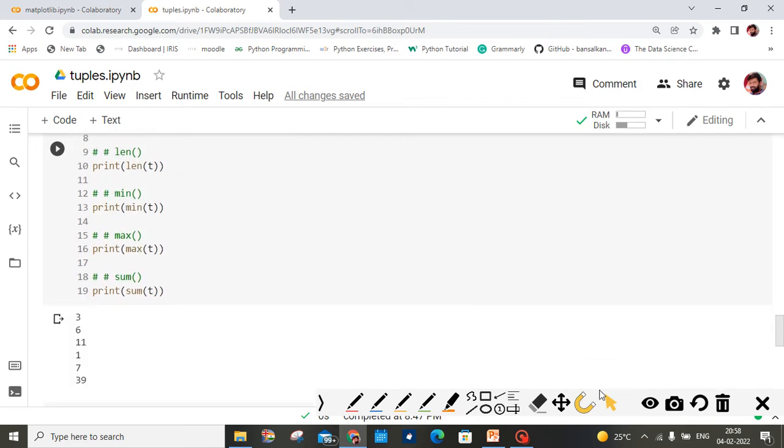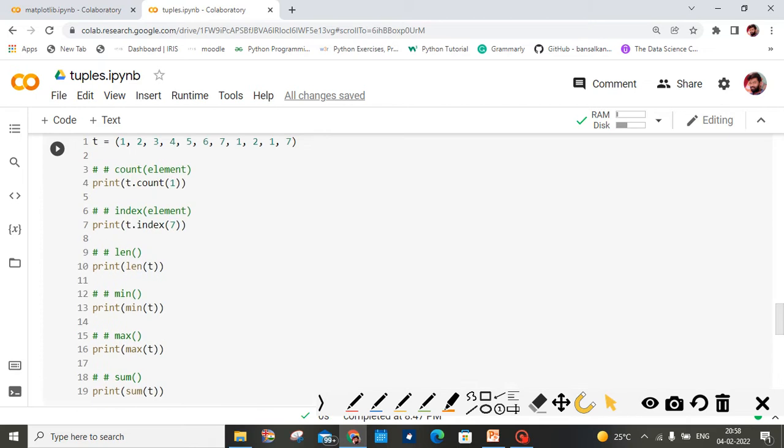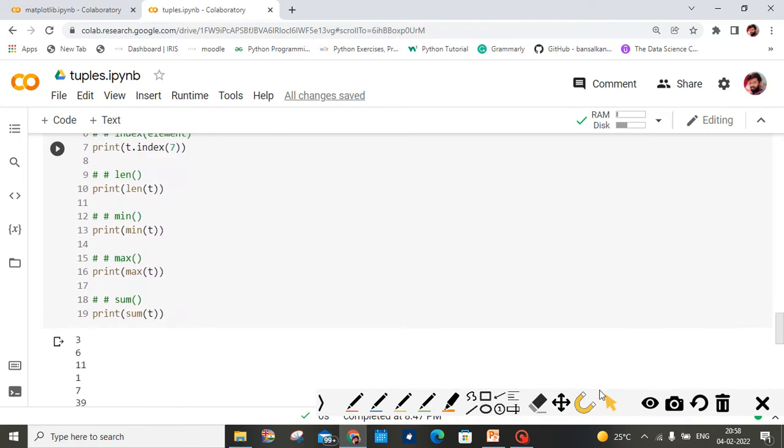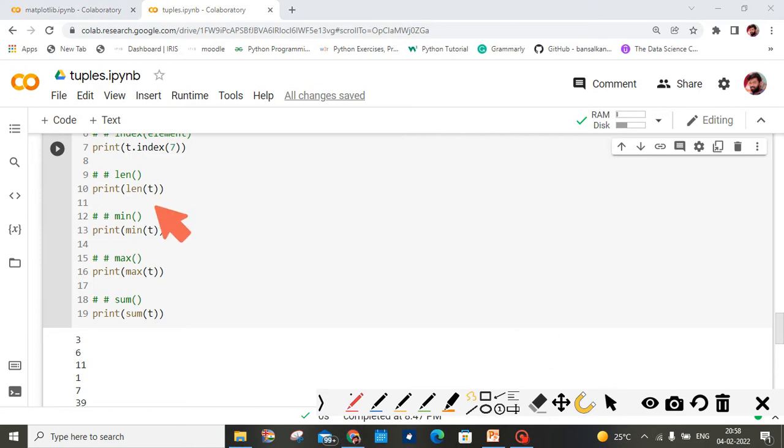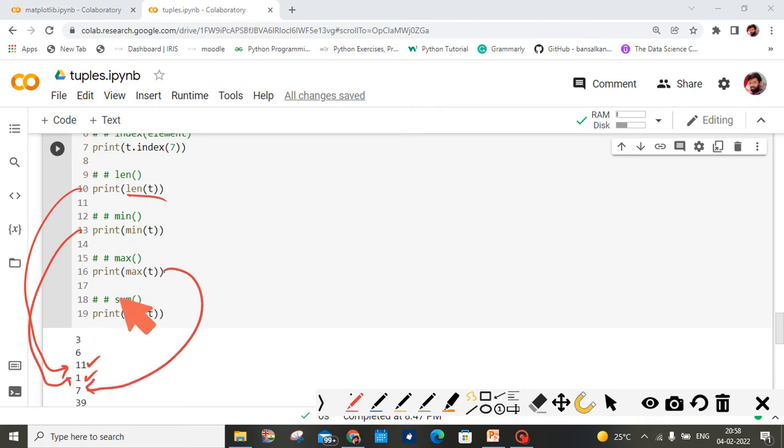So how many times the value 1 is there, that is printed. And next is index. At the 7th index the value 6 is there, and the len function is giving the length of the values, how many are there? 11 values. Minimum is 1, maximum is 7. The sum of all the elements in the tuple is 39.